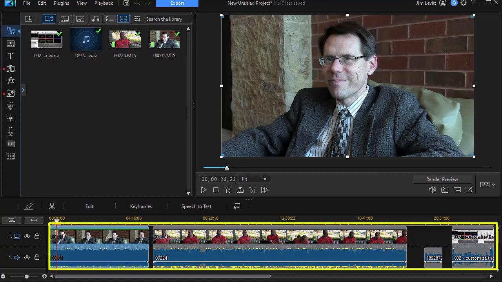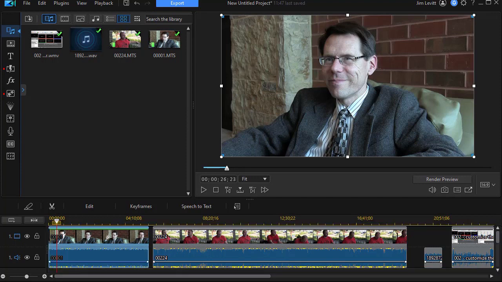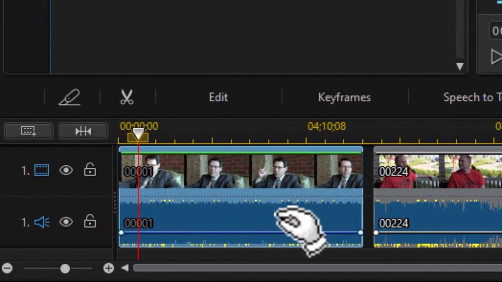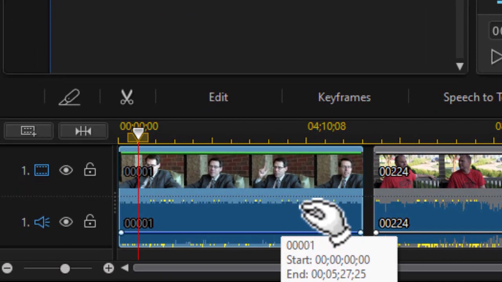So I have 4 different elements on track number 1. 3 of them are video clips with audio, and 1 is only an audio clip. You can use it on speech, you can use it on music. And it's supposed to give you some AI abilities to shorten the editing process when you're trying to clean up an audio track. I'm going to click on the first clip I have here, and then I'm going to click